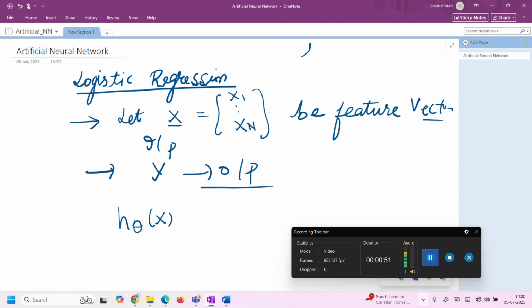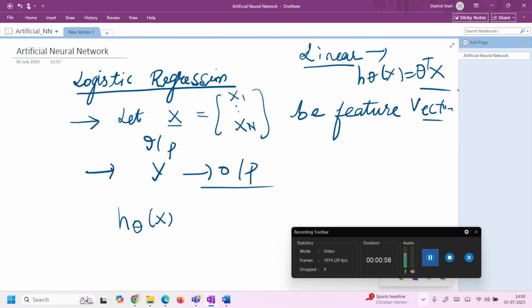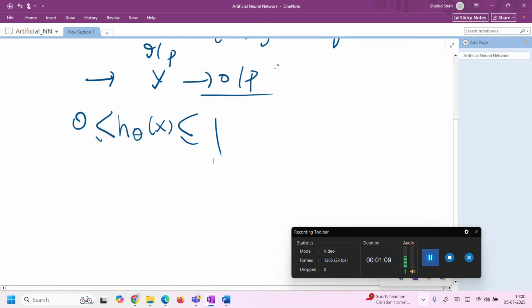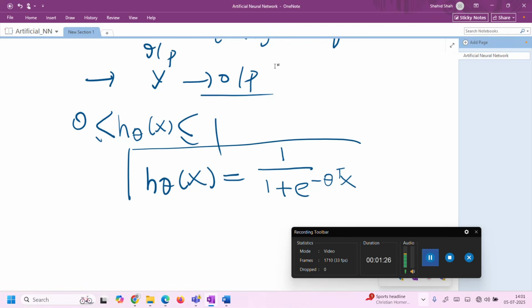Recall that in case of linear regression, the hypothesis function was simply theta transpose x. Okay, simple linear. But now we have to classify. So our hypothesis function should be such that it lies between 0 and 1. Okay. So now, based on the discussion in the previous class where we compared two probabilities, you forget that. Even if you have not understood that, take this as a fact that we take e to the power minus theta transpose x, this as our